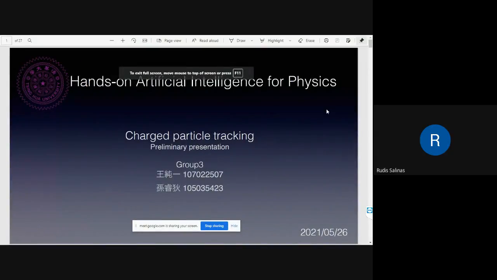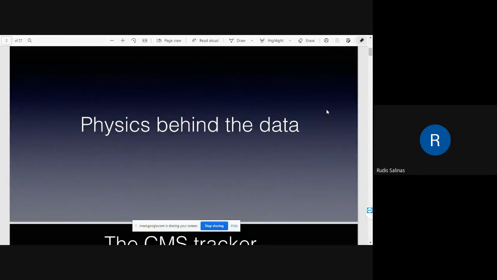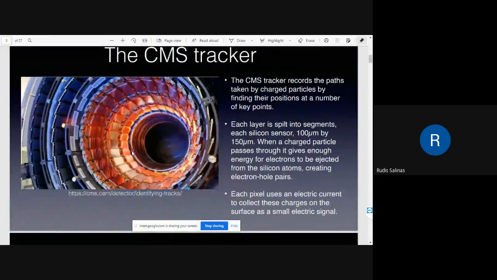Good morning, everyone. We are Group 3, and our topic is charged particle tracking. First, we will talk about how the data is collected in the CMS tracker. Here we can see that when the charged particle is traveling across the tracker, it will generate a signal in each layer. This signal is generated by the energy transfer from the hit of the charged particle. So it will generate an electron, and this electron will be read out by the circuitry underneath the silicon detector. This way, we are able to have a signature in each